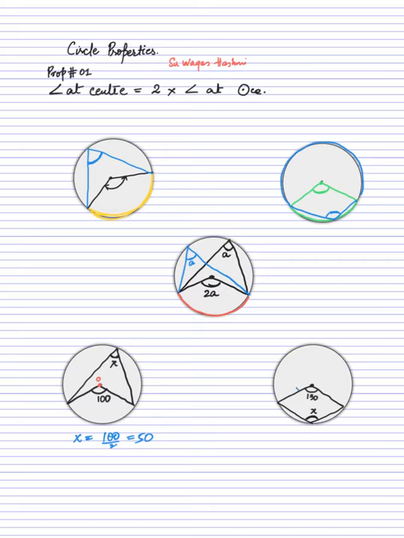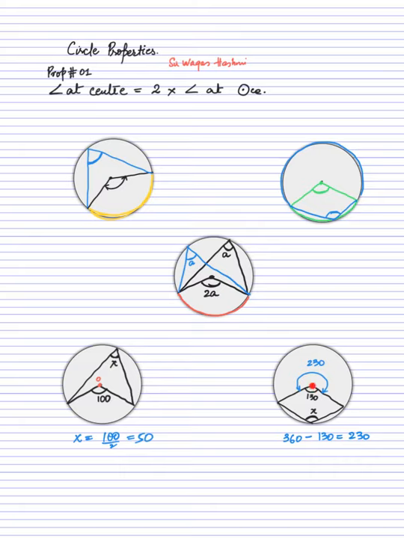For that purpose, first you need to find out this angle. And how are you going to find that? It's very simple. You need to subtract 130 from 360, which gives you the answer 230. Alright, now you have an angle 230 here. Angle at center is 230. We need to find the angle at circumference. Now we can apply this property. We can verify both of the points.